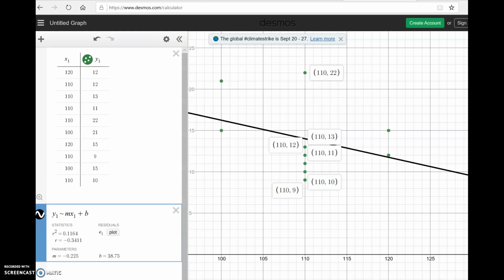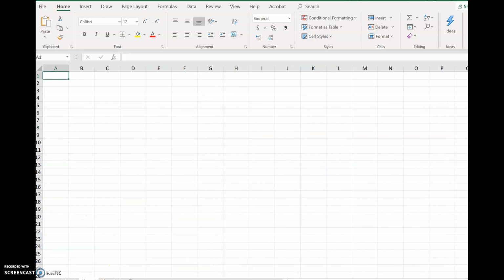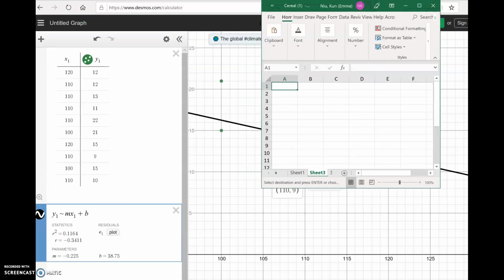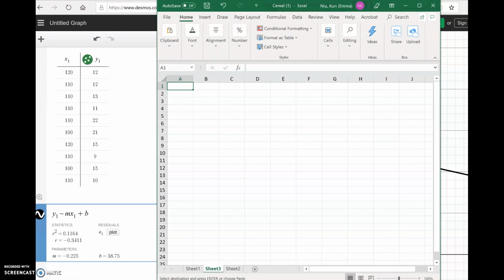Okay. So if I want to use Excel, I can do pretty much similar things. I'm going to still have my data. Okay, so 120, 110,